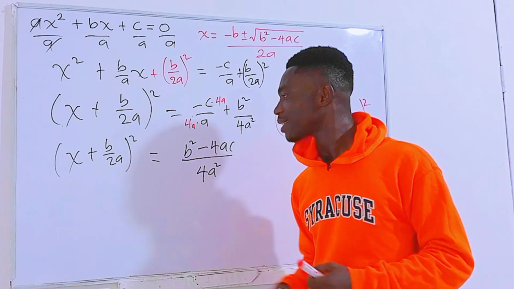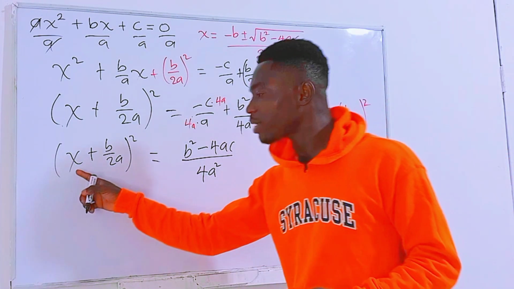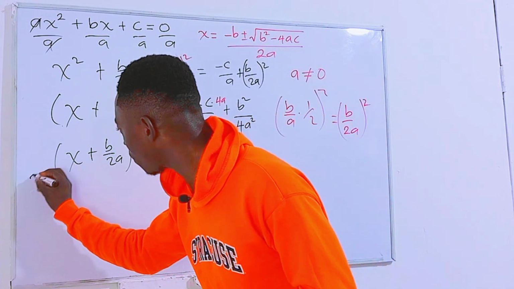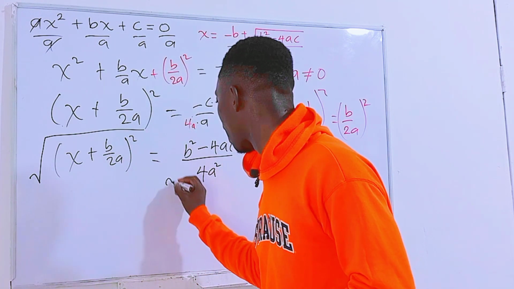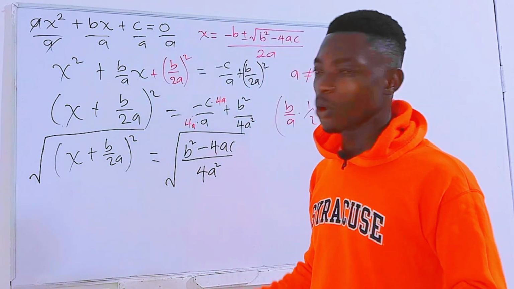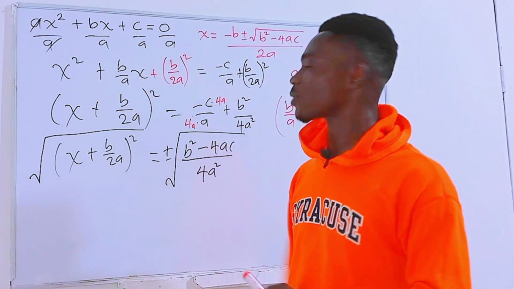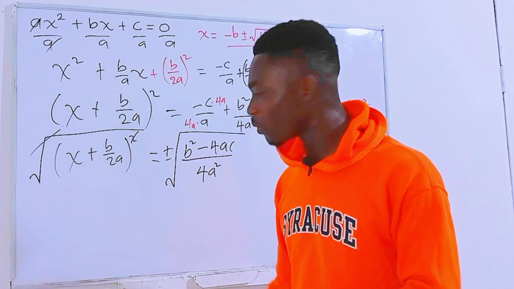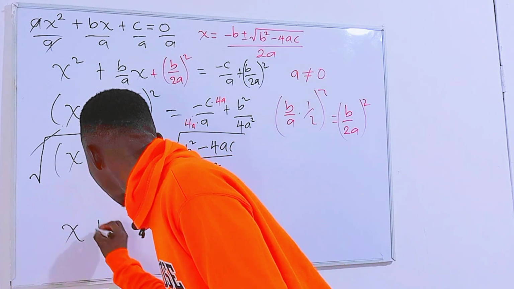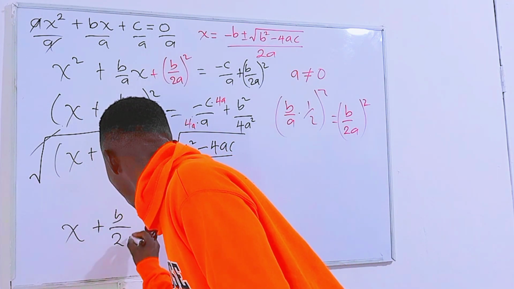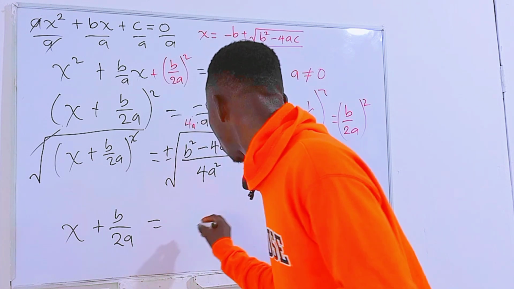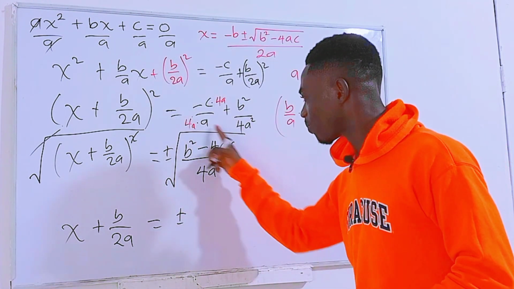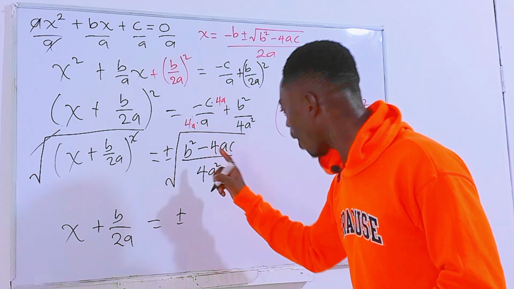We have combined them. Remember, our aim is to make x the subject. And looking at this, it will be a good idea if we take the square root on each side of the equation. And of course, we are not going to forget our plus or minus. Clearly, we can see that this square and the square root will cancel. On the left-hand side, we'll be left with x plus b over 2a. And this is equal to plus or minus. Now, let's pay attention to this right here, everything here. We can write this as